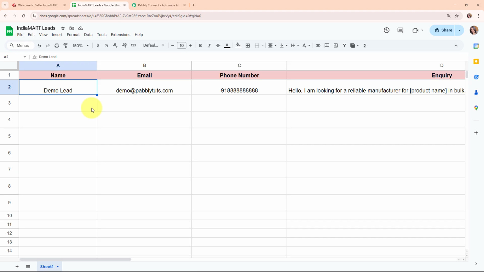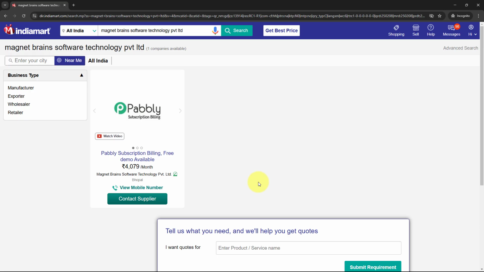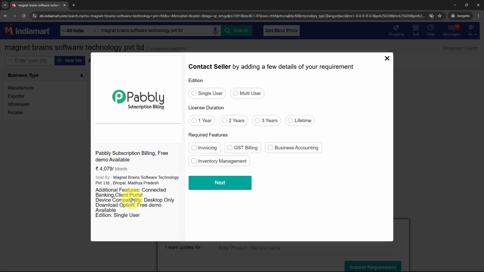So now here to see the working of this automation, what I'm going to do is that I'm going to submit an inquiry on my IndiaMART seller account through my IndiaMART buyers account. So for that, let me take you to my IndiaMART buyers account. So this is my IndiaMART buyers account, and let's suppose this is the product that I'm offering. So I'm going to submit a query for this product by clicking on this contact supplier,